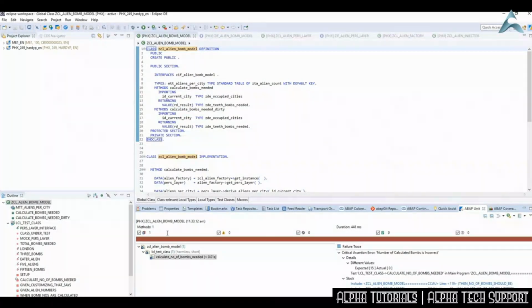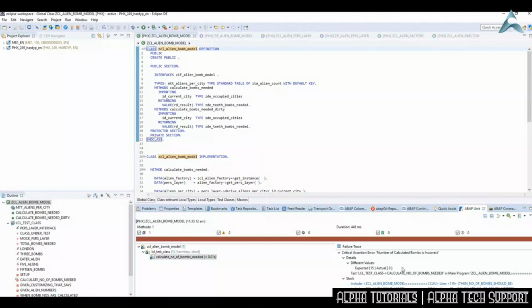The icons are really, really small down here, but here we say one of one tests has failed. Then it shows what the test is. Notice the incredibly small length of time it takes to run a unit test. This is vital. And then over here, we've got the details of the test. We expected 15 bombs to be calculated.